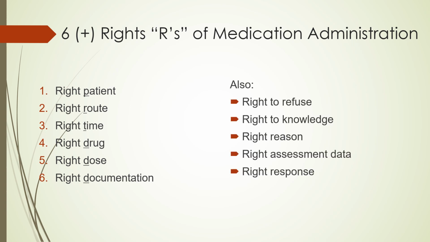While we check each medication against those 6 rights, it's ensuring that we have the right medication. In addition to these 6 rights, people have the right to refuse medications. However, they must have the right knowledge to be able to refuse, so we have to educate the patient on why they need the medication and what could happen if they don't take the medication before we allow them to fully refuse. We also need to make sure we're giving the medication for the right reason. We do the right assessments before giving the medications, and we evaluate the patient for the right response to the medication. Nurses are so much more than medication passers. We do all of this and then more.